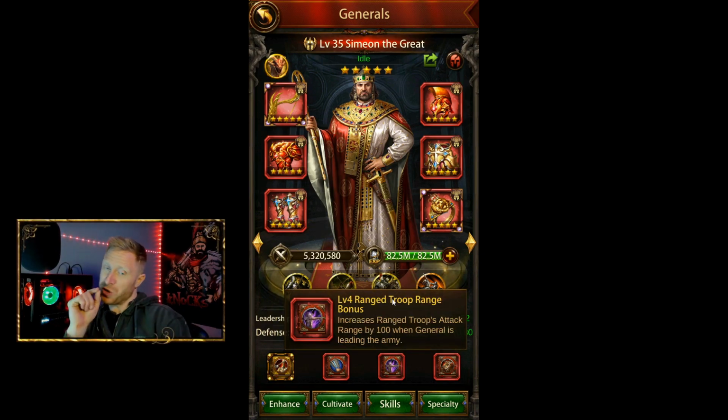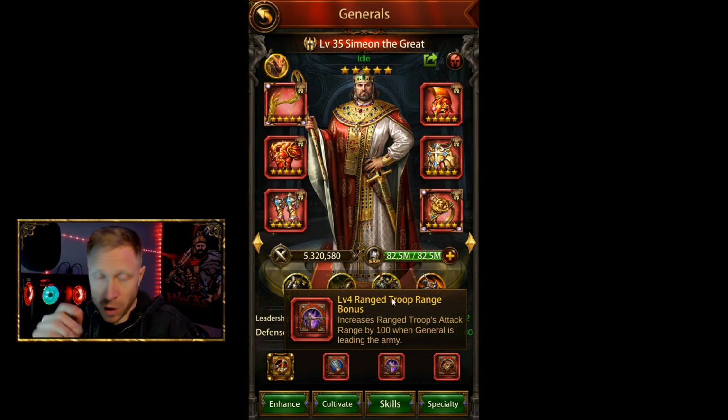Definitely, this is your number one. I see a lot of archer guys out there and their skills, and they do not have archer range. When you're doing PvP, this is critical. This is absolutely critical, because if you're attacking somebody and their wall general has this skill and you do not,